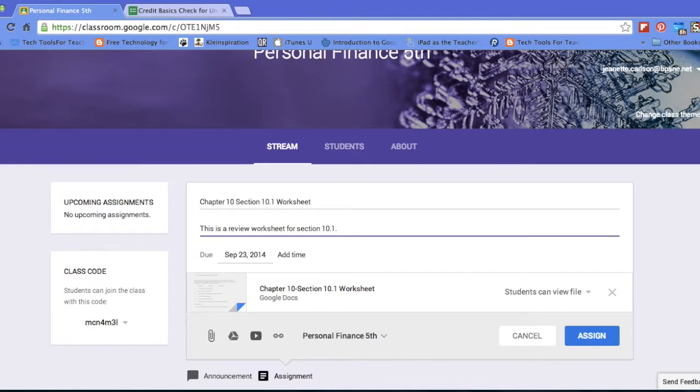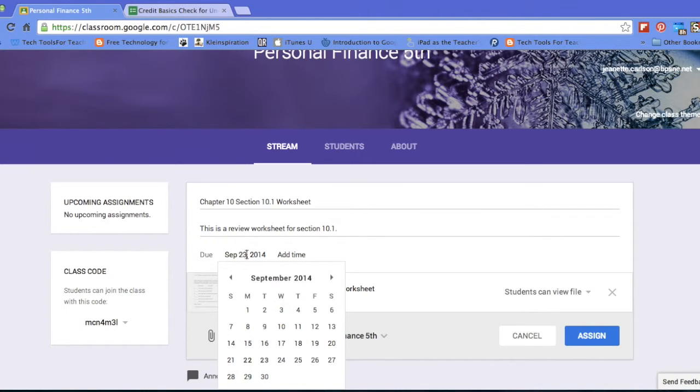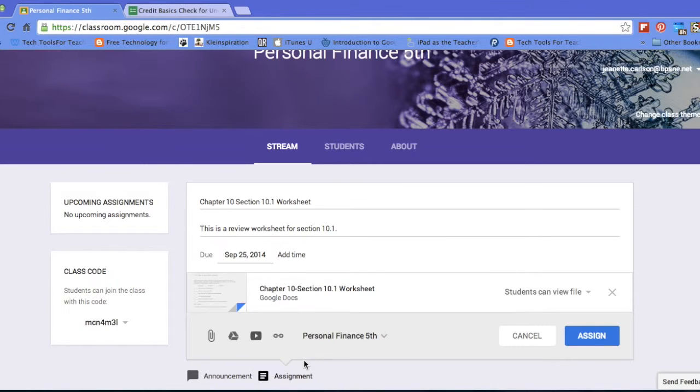This is a review worksheet for Section 10.1. And right now the due date is September 23rd. It always picks the next day. So I'm going to pick a couple days in advance here. So we're going to pick the 25th. And again, if you wanted to add a time, you would click here and put the time in there. And again, if it was a midnight time frame or whatever you wanted to, you do not have to put